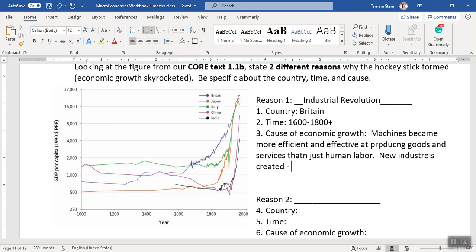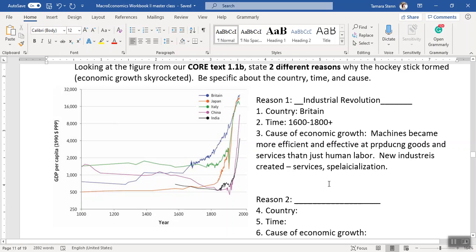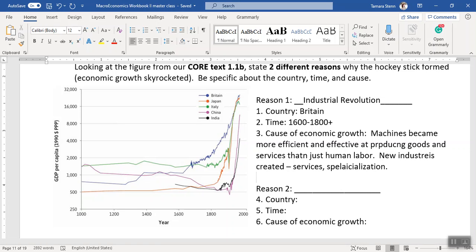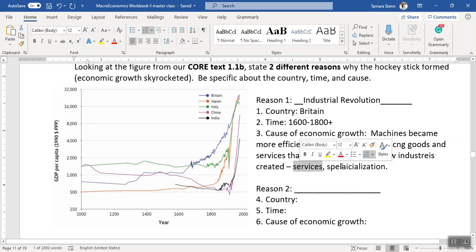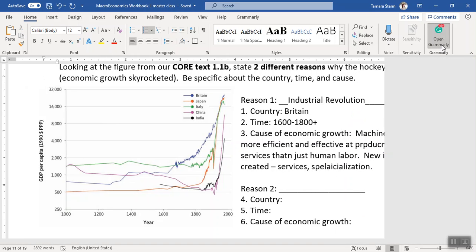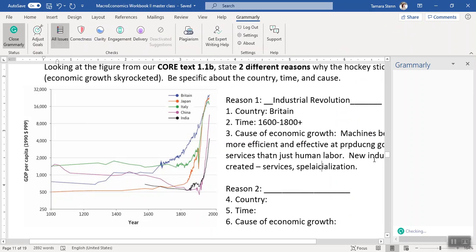Okay, as people left the farms and started working more in the cities, we had more services and we had specialization, right? Where somebody was no longer making a full pair of shoes, but instead they were able to make the sole of the shoes. And then they worked in a factory and they got paid to make soles of shoes. And then the money that they earned from the factory, they could go out and buy other products. Okay, thus the need for more services, specialization, and also just more products in general.